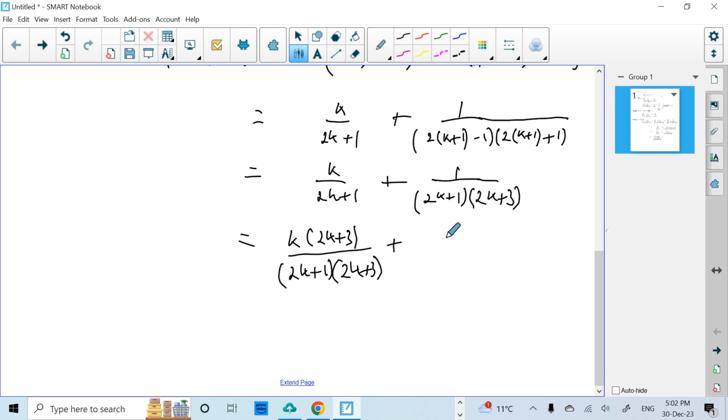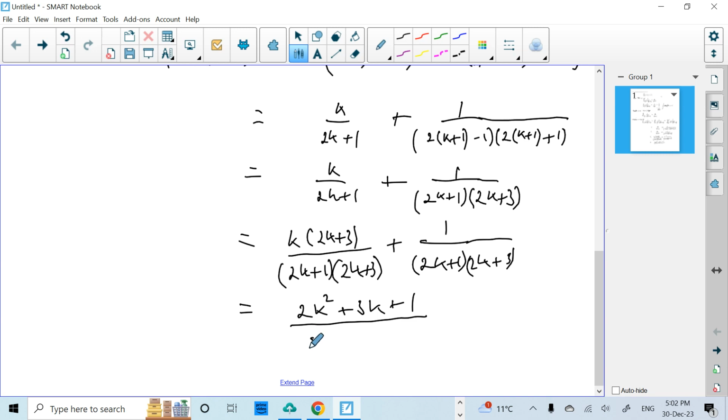Just your algebraic fractions, and of course again on the same side we've got plus 1 over 2k plus 1, again 2k plus 3, and this gives us 2k squared plus 3k plus 1 on our numerator over 2k plus 1